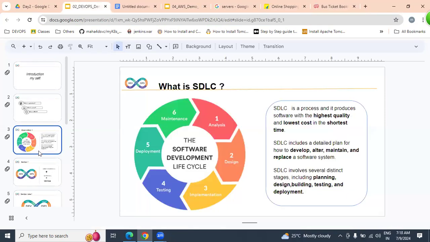In SDLC, directly or indirectly, if you are a software engineer, you are part of SDLC. For example, if you are a developer, you write the lines of code. Am I right? But if you are a tester, you verify the functionality. But if you are a DevOps engineer, what exactly are you going to do? As a DevOps engineer,